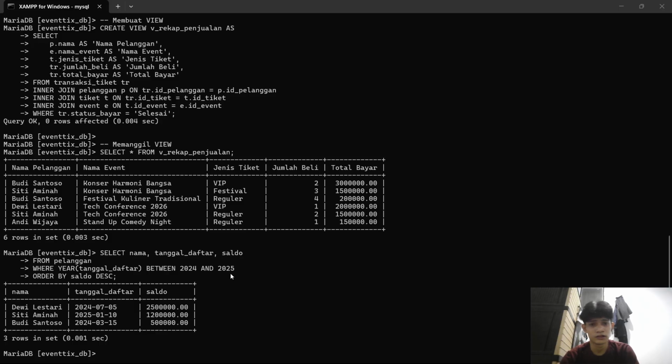Number seven focuses on event categories. We group the data by category using the group by clause.